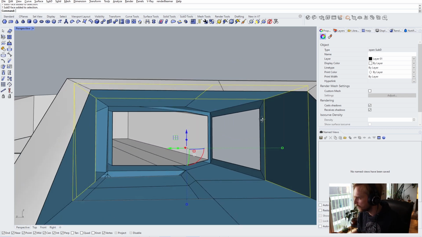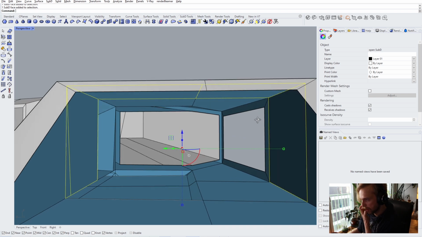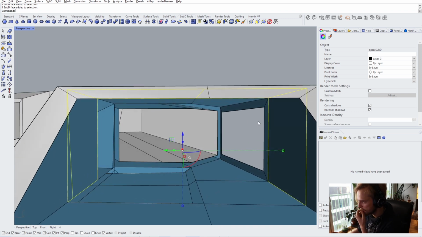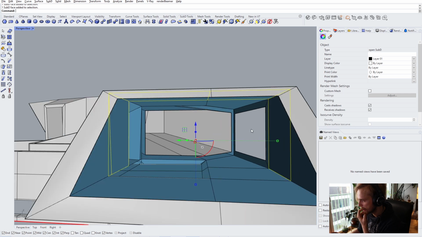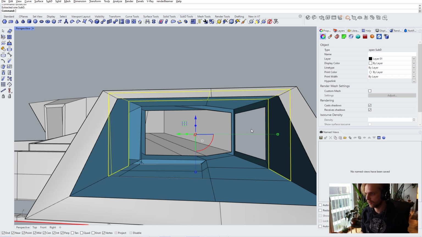So if we have this surface here, right? And I really don't like that triangle though. On the left-hand side, you can see it's selected. I don't like it. Get rid of it. I know. Let's extract surface,